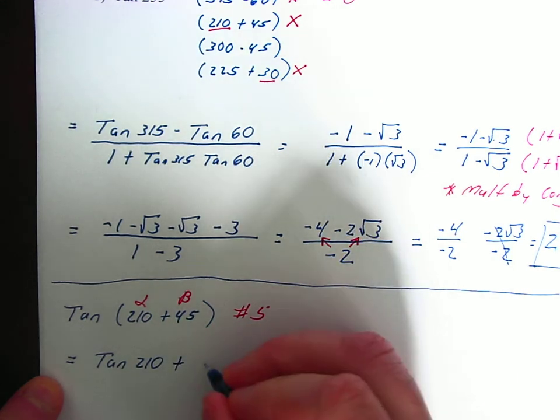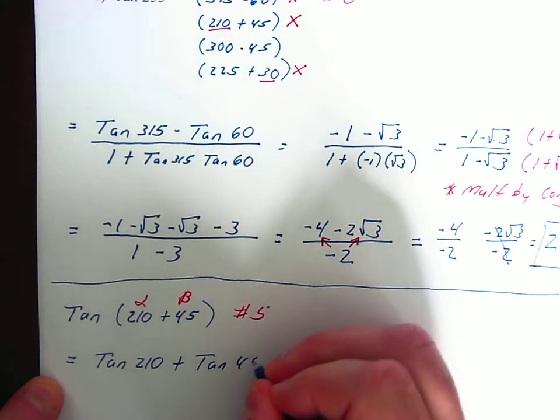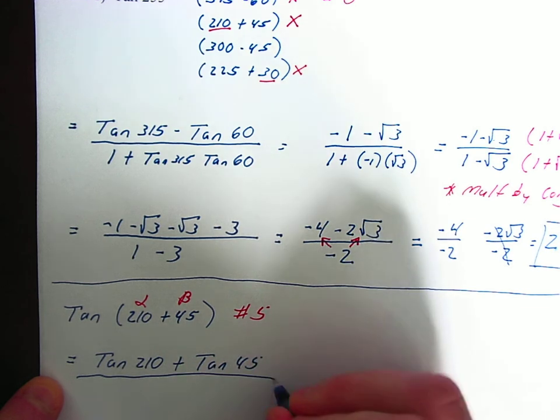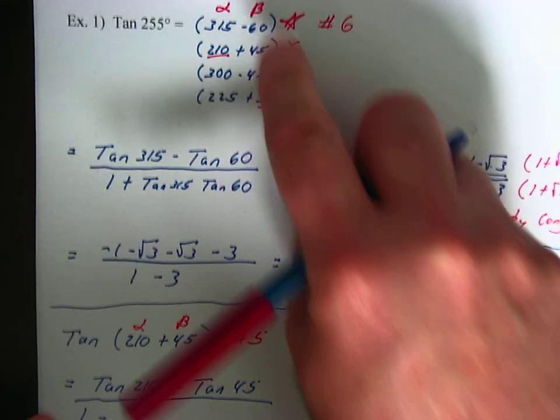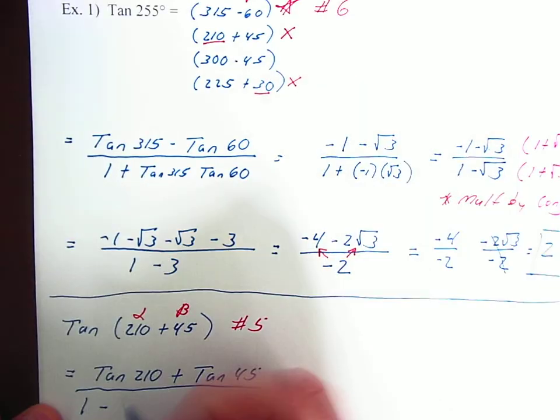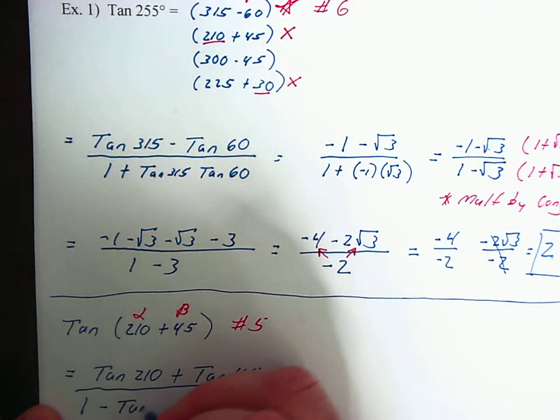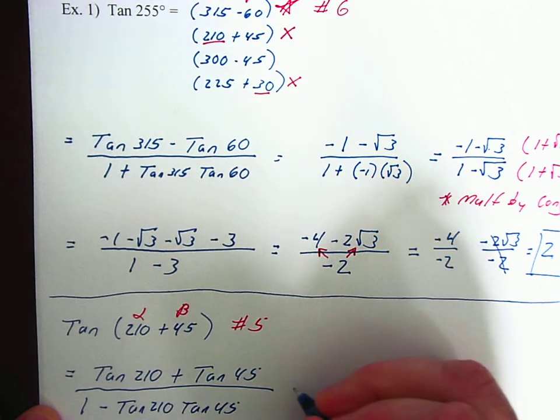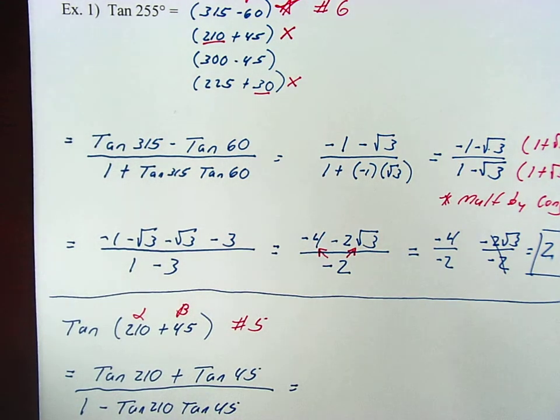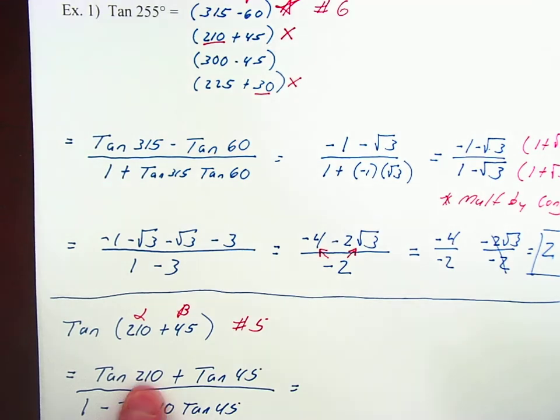I'm going to add that to the tangent of beta. And that is going to go over 1 minus, it's minus now, right there in the formula, and then these two things multiply together. Tangent 210 times tangent 45. Okay. That's a 30-degree reference angle. If you need to look